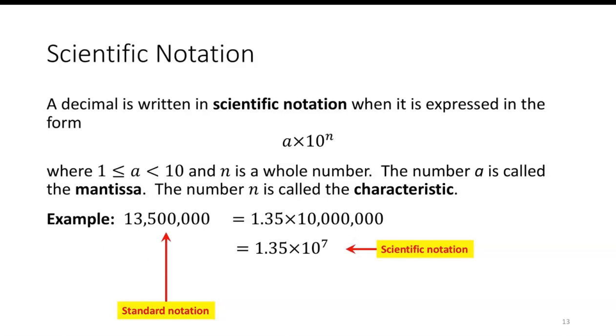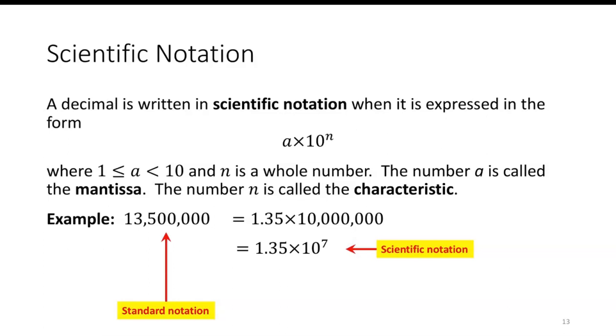A decimal is written in scientific notation when it is expressed in the form of some number a times 10 to the nth, where a is between 1 and 10, and n is just some whole number. The number a is called the mantissa, and the number n is called the characteristic. So, for example,